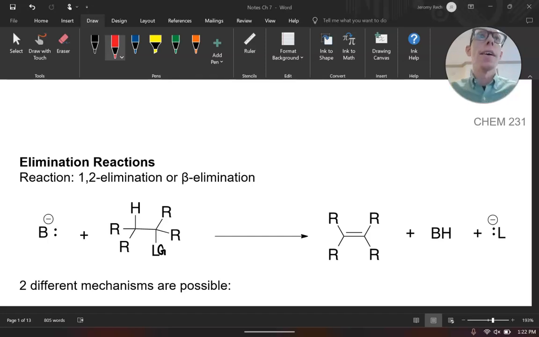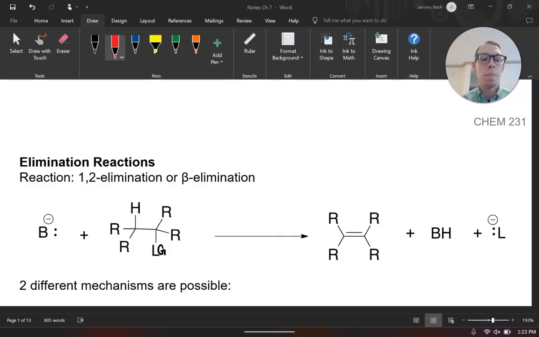Our next major set of reactions are reactions that make double bonds. These are going to be broadly classified as elimination reactions. There are going to be two different types we're going to learn, much like how our nucleophilic substitution had both a unimolecular and a bimolecular, that is SN1 and SN2. We are going to have two different types of eliminations, a unimolecular and a bimolecular, which we're going to call